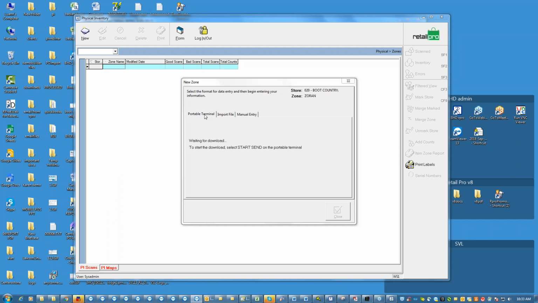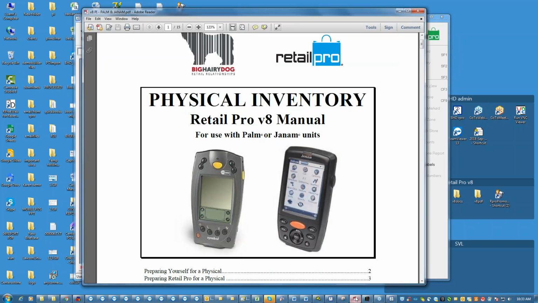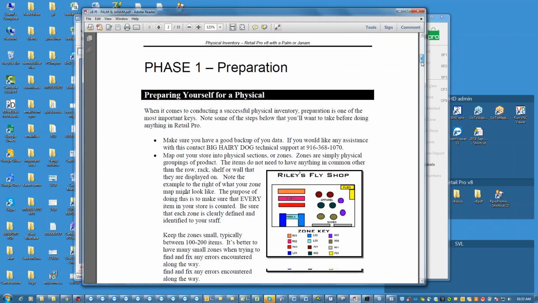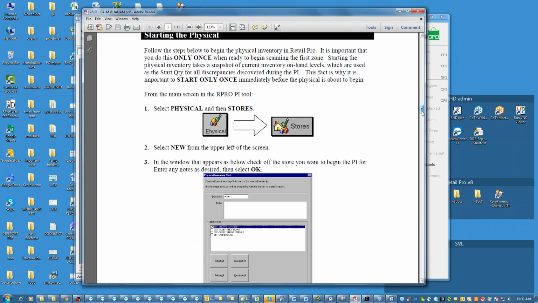So you get it plugged in the cradle, then you pick portable terminal, and then you do something on the scanner itself to go ahead and send the stuff over. Now, I don't have one attached here, right? So I'm going to have to try to back out of this because I can't actually show you a download. Okay, so if you download from the scanners, that's why I use this thing right here, because of what happens when you download the scanner,